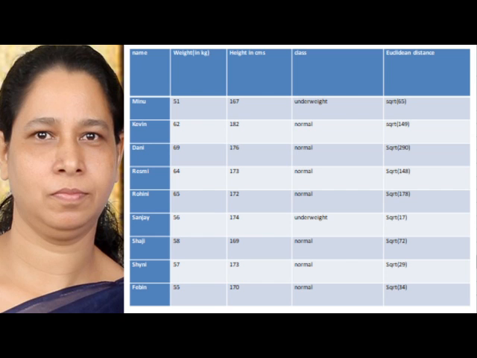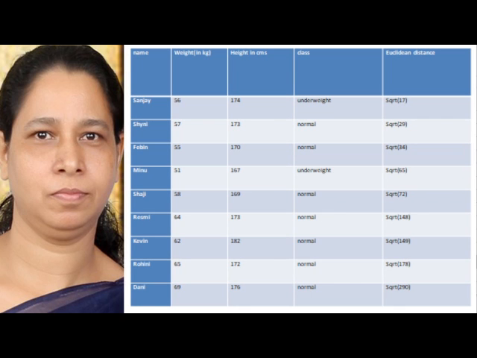So similarly we are calculating the distance between Alina and all other training records. Now we are ordering the training records based on distance. We get this table. Now suppose the value of k is 3. The nearest neighbors of Alina are the first 3 tuples, that is Sanjay, Shaini and Febin. Sanjay is classified as underweight. The class label of Shaini is normal, Febin is normal. So the class label of 2 of them are normal and 1 is underweight. Hence, Alina is classified as normal.